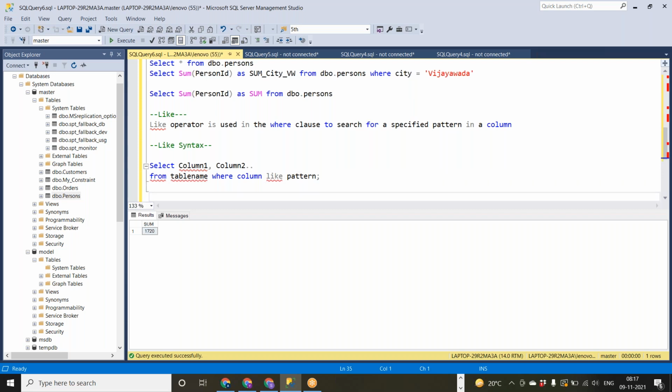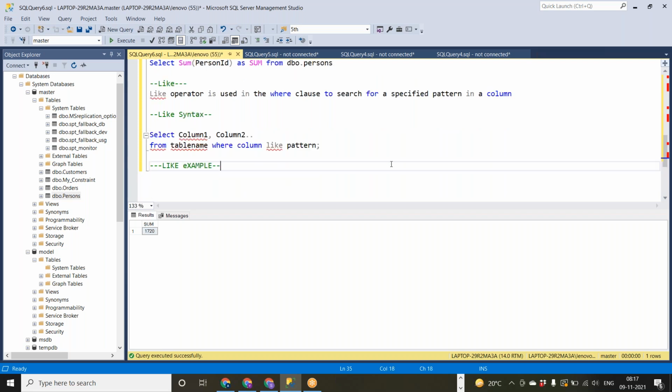So I'll give you examples so that you can understand easily. Okay, let's see this person's table first and we'll see what we can get.